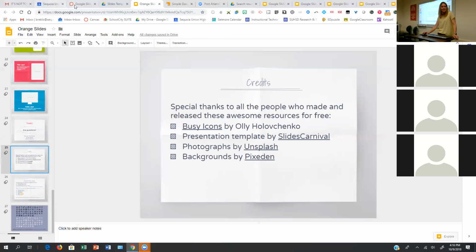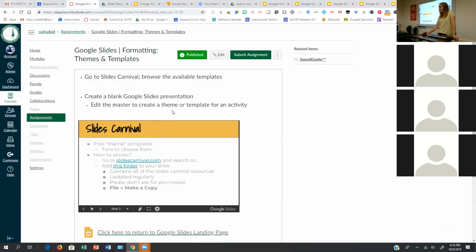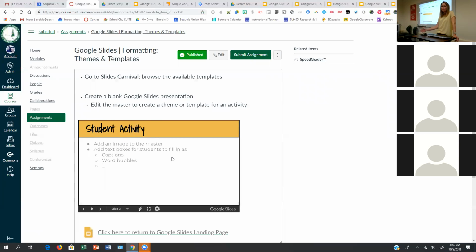Okay. So then if we go back to the Canvas course, I'm going to keep clicking through this little Google slide copy in here. And so then we're going to get into, I put in student activity. We're going to build or work on changing the master in your slides. So what it says here, this is the second part. So we did the first. Now we're going to create our own blank Google slide. So we're not going to use the Carnival word right now. Just make a blank, any blank brand new slide.